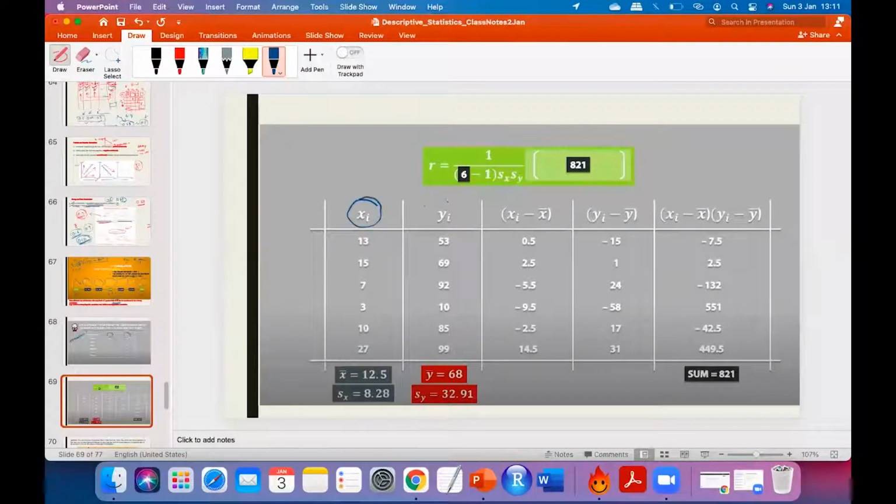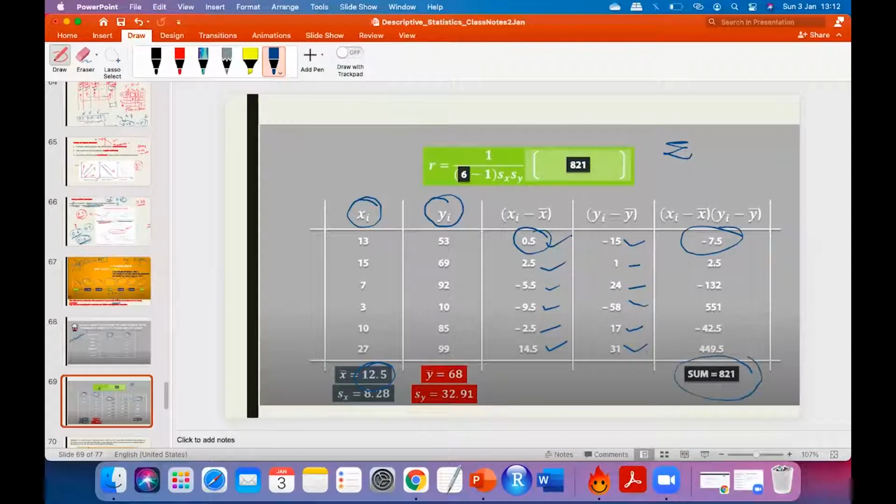So you have xi here, yi here. Now what was the formula? (xi minus x bar) into (yi minus y bar), if you remember correctly. So what is x bar here? If I have just added and divided by 6, this is the x bar, and I have subtracted. So this is individual xi minus x bar, and here yi minus y bar, and here the multiplication. And if you remember, there was a summation. If I do the summation, we get 821.